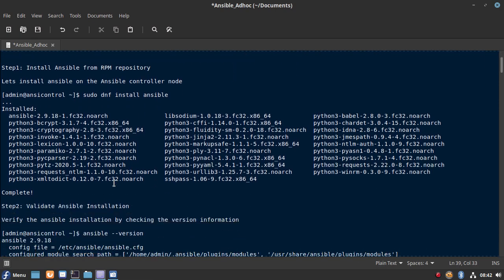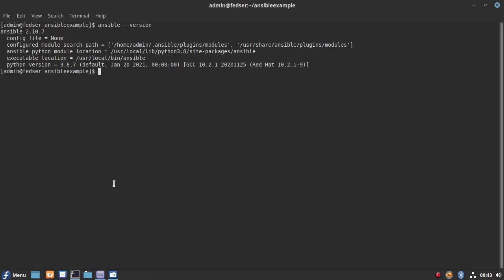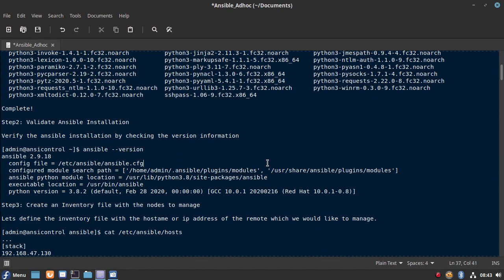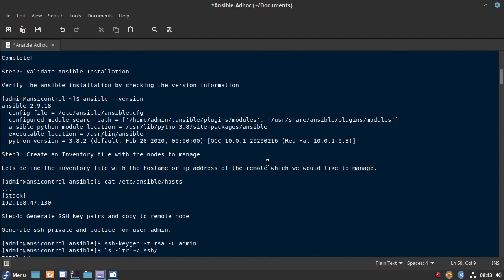Once Ansible is installed, you can verify it using the Ansible version. As I can show you, my current Ansible version is 2.10.7. Okay. So let's go ahead and see what we can do to manage a remote node.